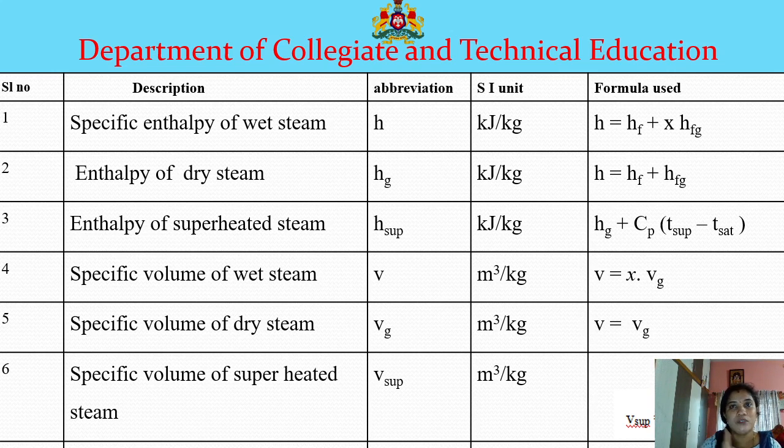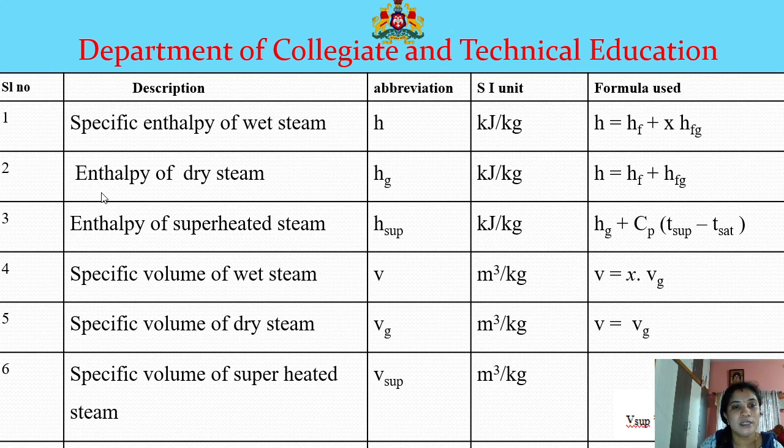Okay. So the first formula what we required is the specific enthalpy of wet steam. You might ask me where is the formula for enthalpy of water. So you already know that the enthalpy of water, that is denoted by Hf, will be available in the steam table. Okay. So I have not tabulated that particular formula. So let's go for the first one, that is enthalpy of wet steam, that is given by Hf plus x into Hfg, where x indicates the dryness fraction.